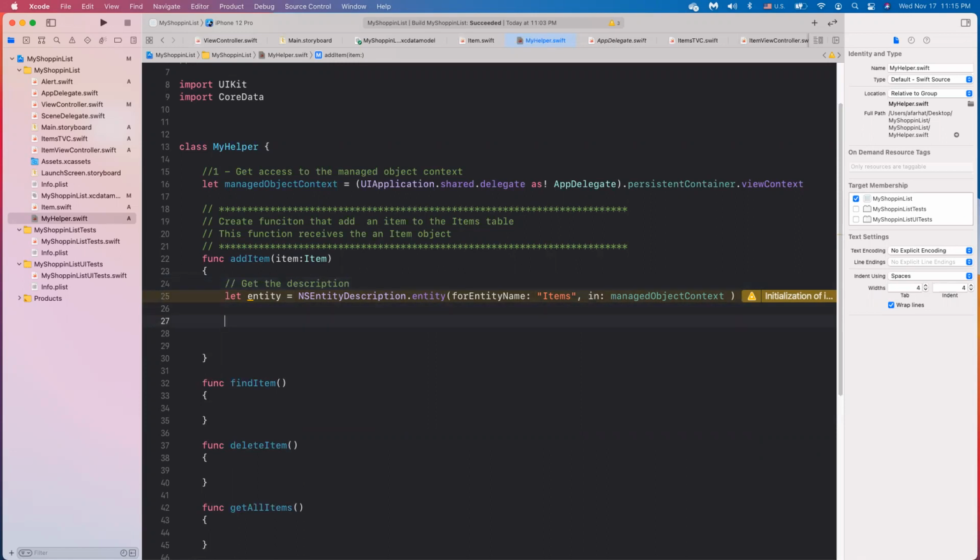After that, we create the object, the row that we want to insert, the record, whatever you want to call it. All right. How do we do that? We say let item record, or row, record, doesn't matter, equal to what? Equal to